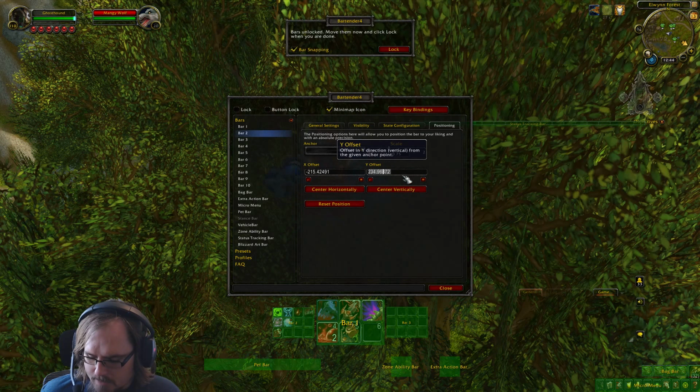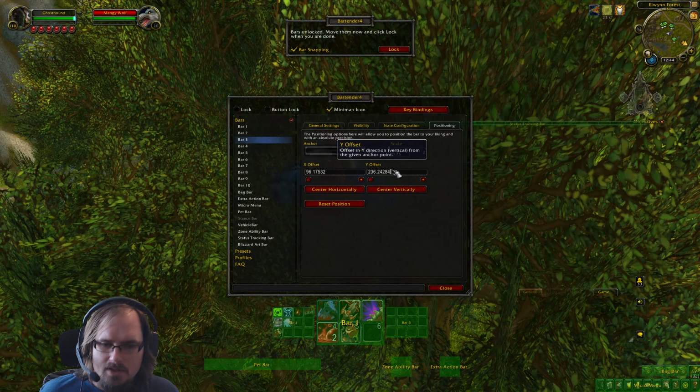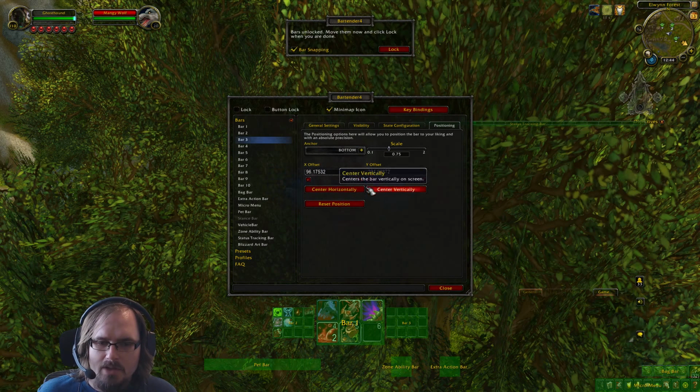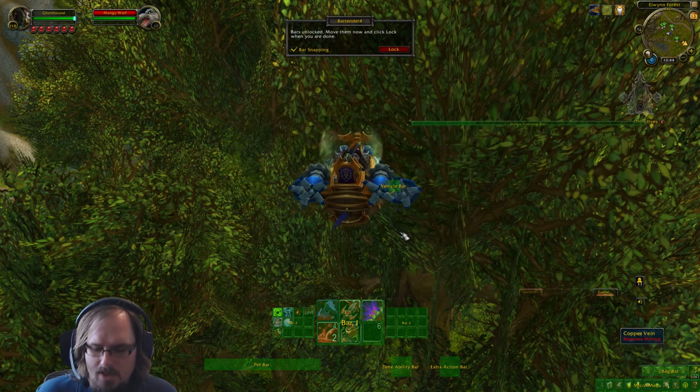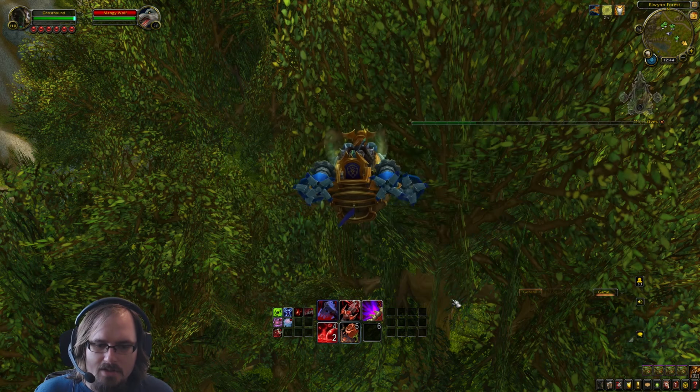So we can actually copy this number, go over to bar 3, go to positioning, paste that number in and hit OK, and that's going to line it up perfectly with bar 2. Now the horizontal may be off a little bit, and you'll have to figure that out, but you can set that up. So now, if we go ahead and lock our bars again,